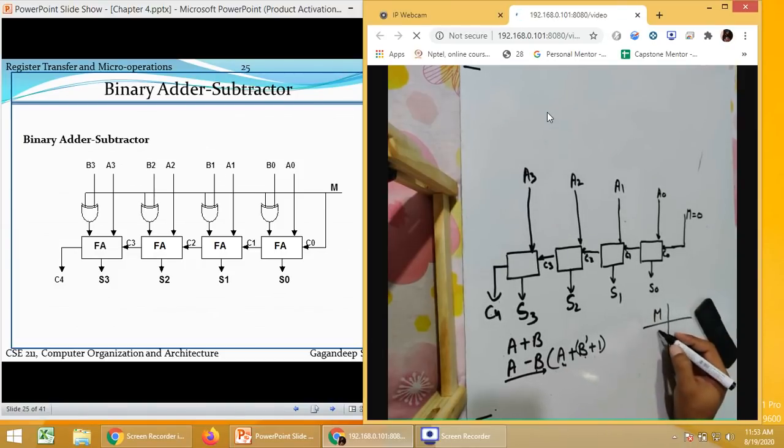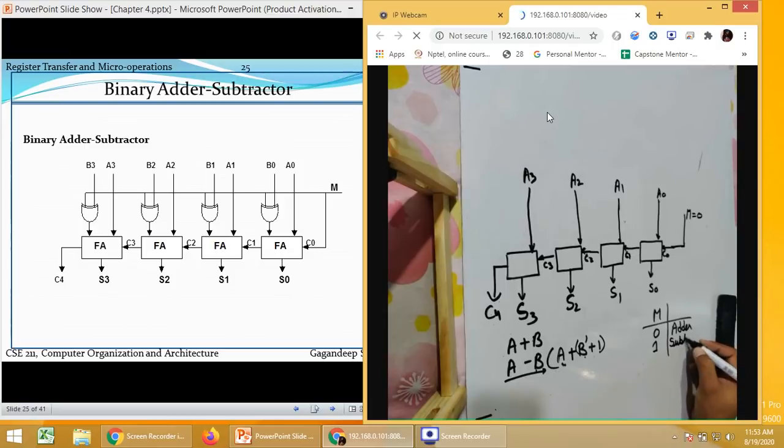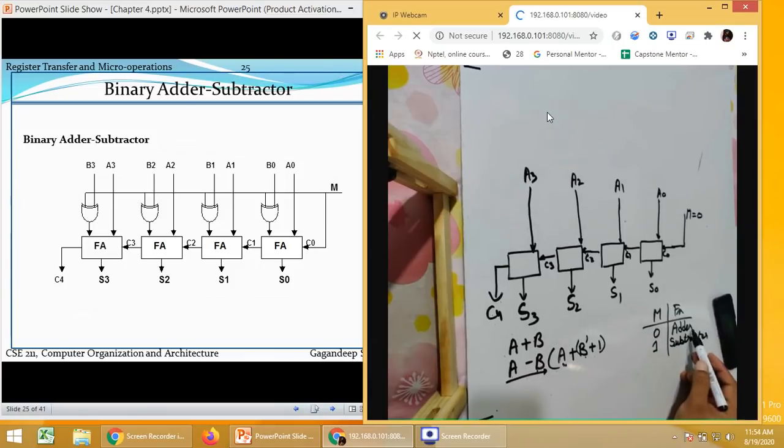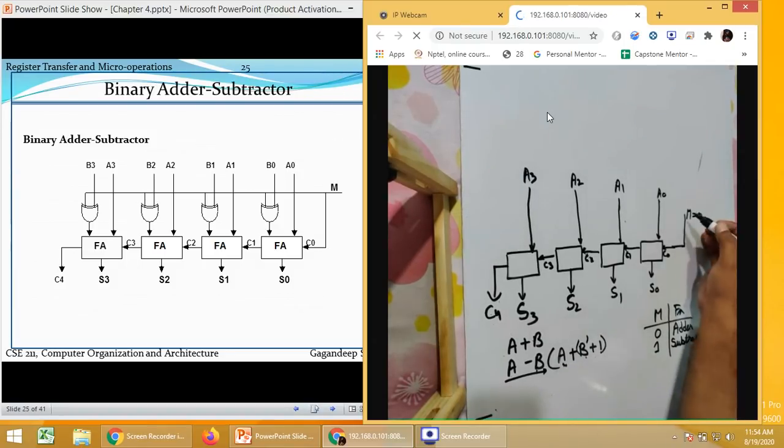If the value of M is 0, it will work as an adder circuit. And if the value of M is 1, it will perform as a subtractor. This is the function. If M is 0, work as an adder. If M is 1, it will work as a subtractor. Now how it is going to work, we will discuss that as well.